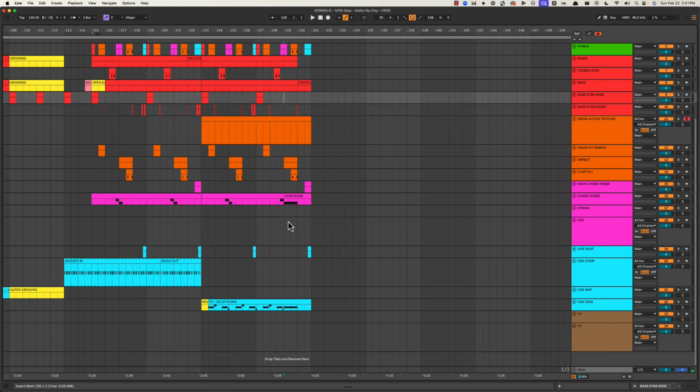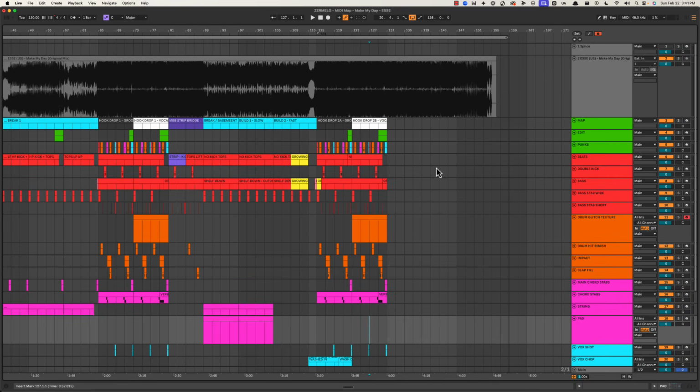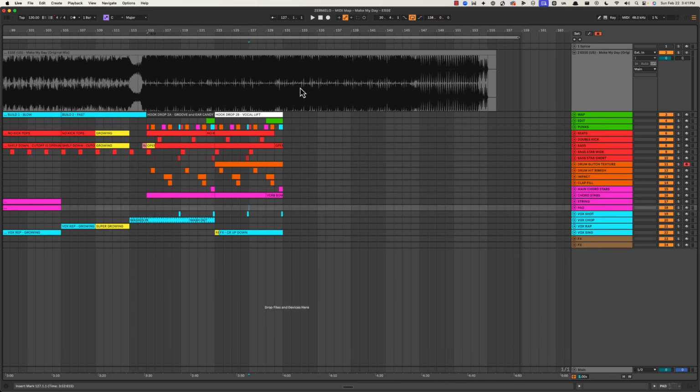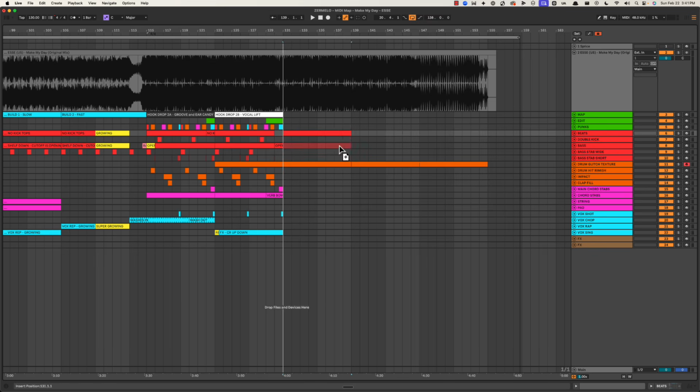Same thing as before, right? Not reinventing the wheel, but just giving us the cool things that we liked before. So here we have the glitch textures going through. Here we have the beats and then the bass line. Let's just kind of duplicate these out, see what else is here. Okay, seems like